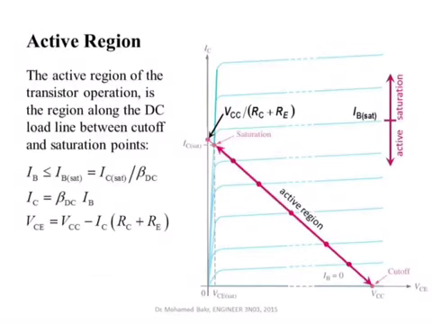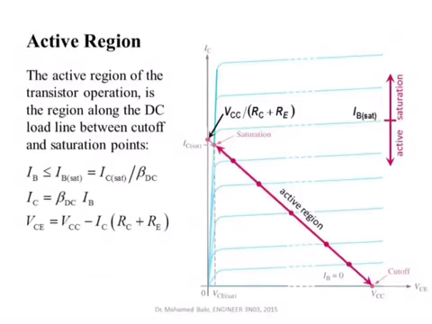We can simply find the base current. Once we know the base current, we can find the collector current. It is equal to beta IB. So this equation, I collector equal to beta DC IB, is only valid in the forward active region, in this flat part here. And once you know that, you can indeed